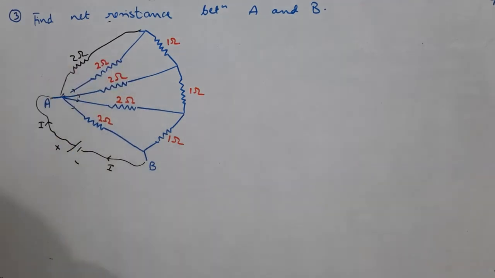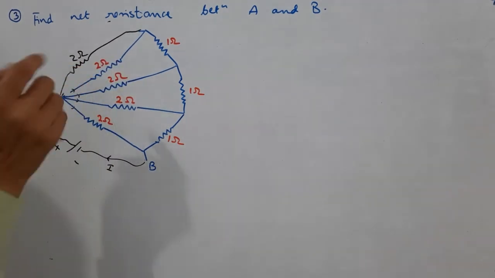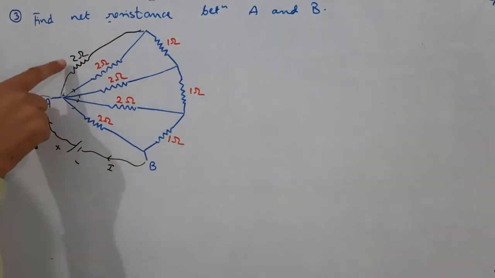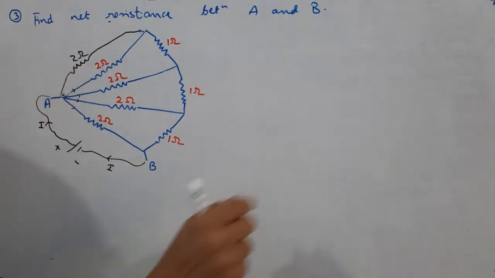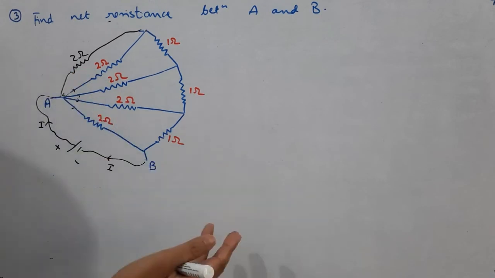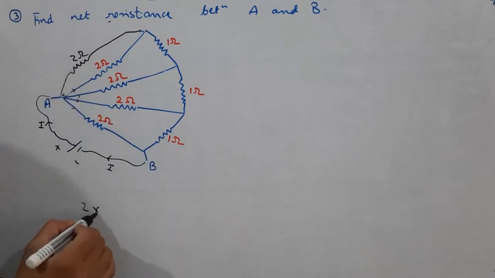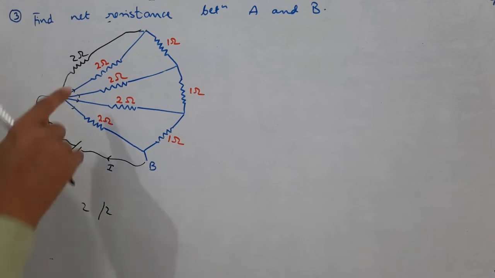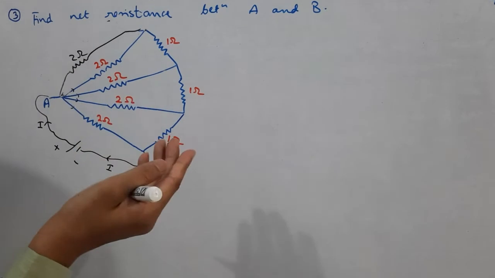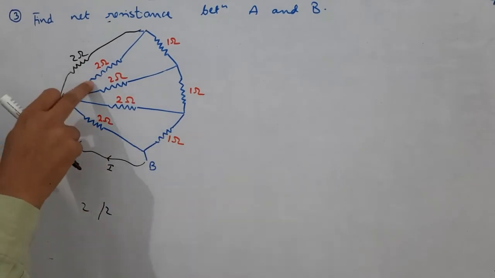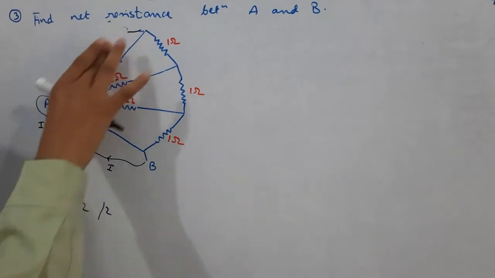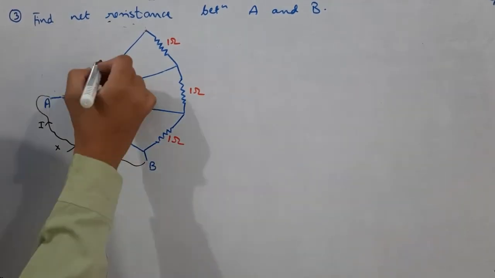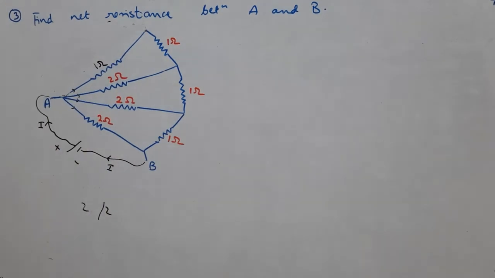2 ohm. Now you see this 2 ohm and this 2 ohm. They are connected between the same points, yes or no? Between these 2 points. So therefore we conclude these 2 are in parallel. Just now I discussed 2 and 2 in parallel. 2 and 2 in series means 2 into 2. 2 and 2 in parallel means 2 by 2, that is 1 ohm. So these 2 are in parallel. You can find the equivalent resistance. Their equivalent resistance will become 1 ohm. So in place of them, again you will redraw another figure, and here you will write how much? 1 ohm. And this you have to continue.